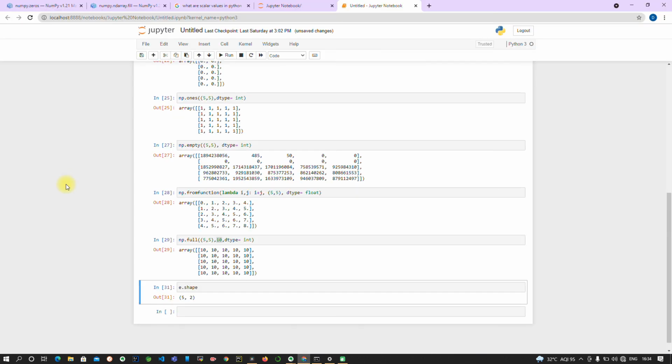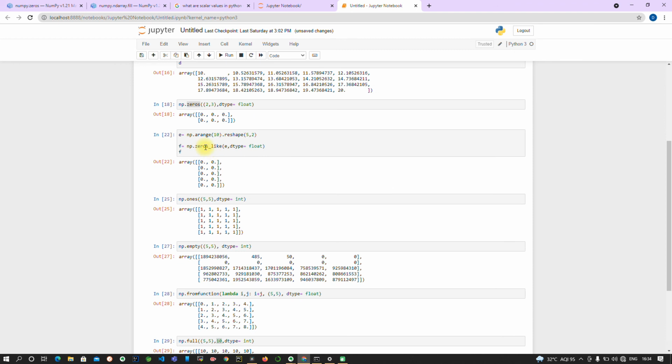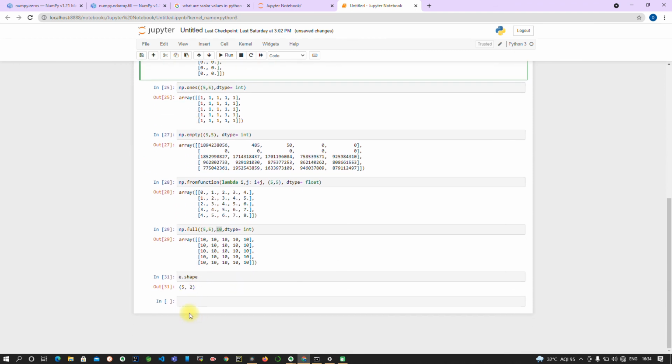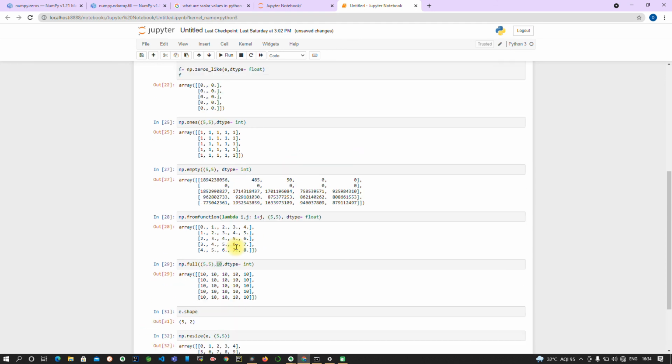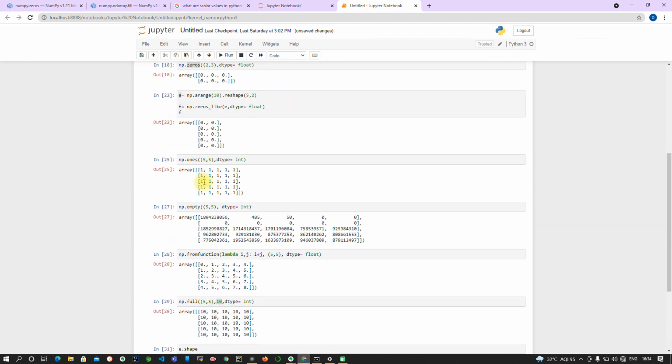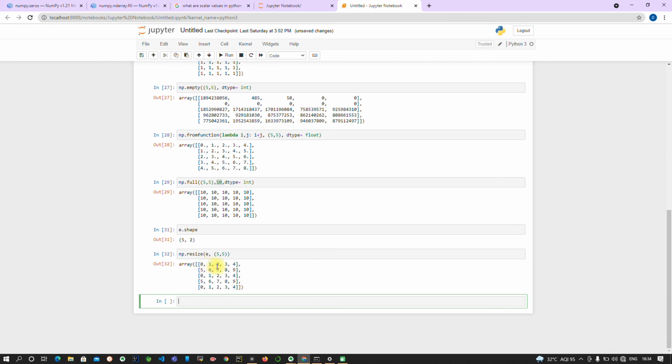So let's use np.resize here. As you can see, I have created an array e, so we will use that same thing: np.resize e, and I want to resize to 5 by 5. If you see my e, it now gets resized, 0 1 2 3 4 5 6, again repeating the values.